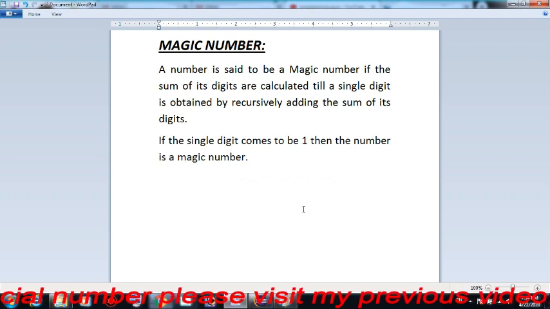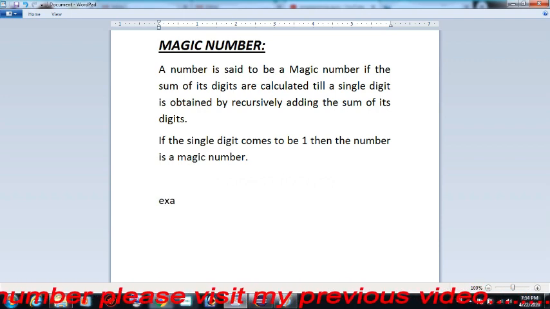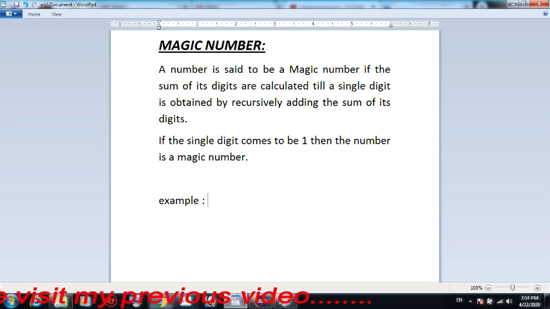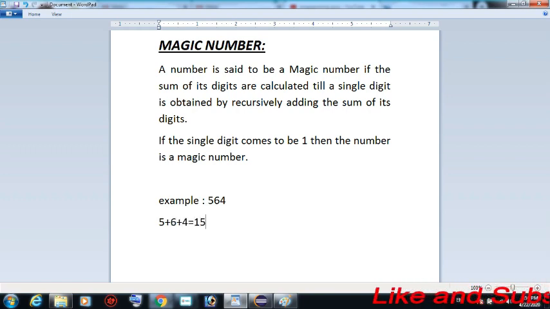So friends, we take an example to illustrate this definition. For example, we take 564. According to the definition, a number is a magic number if the sum of its digits is calculated. So here we calculate the digit sum: 5 plus 6 plus 4 equals 15.